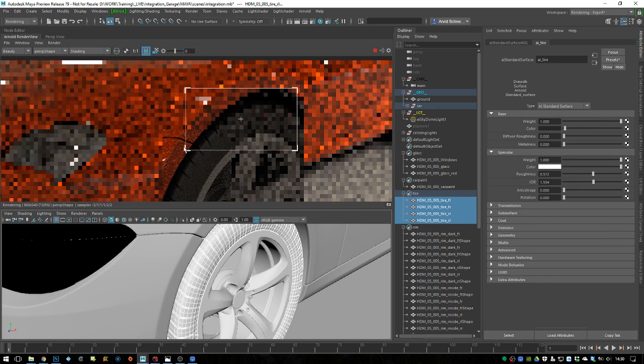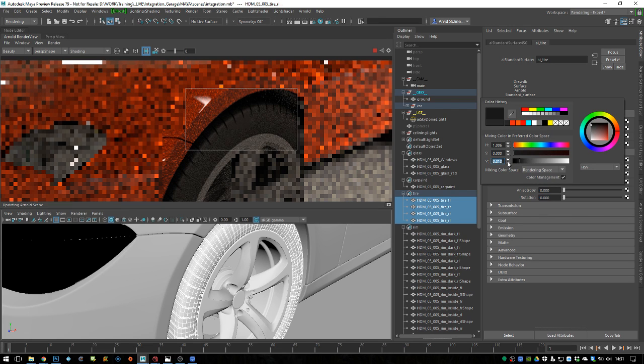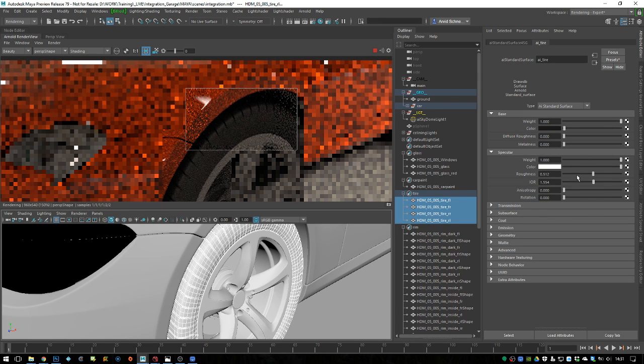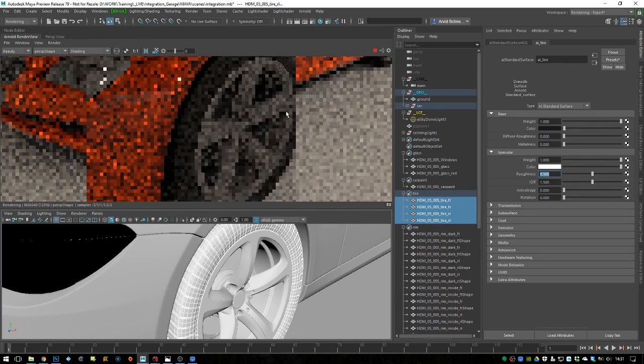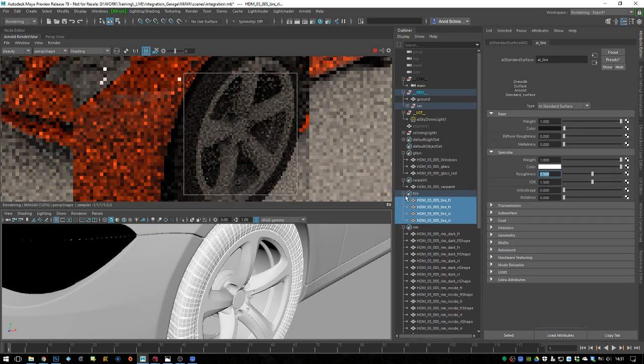So I think for rubber, it might be a bit too bright still. So let's just go down a bit more. Yeah, and maybe make it a bit more shiny. Maybe 1.6. And this is what we got. I guess this is too shiny. Let's just try 5. And maybe 5 and roughness. So this is the car tire material,